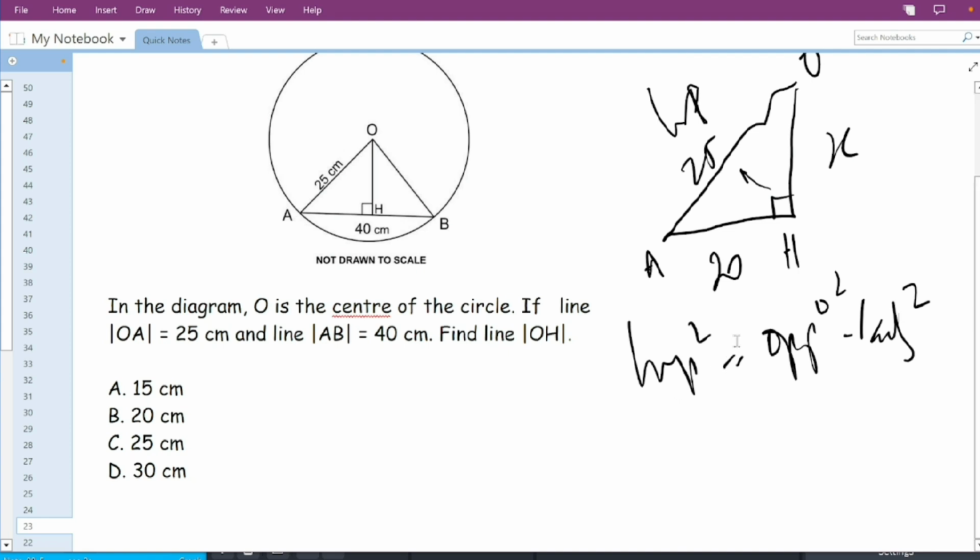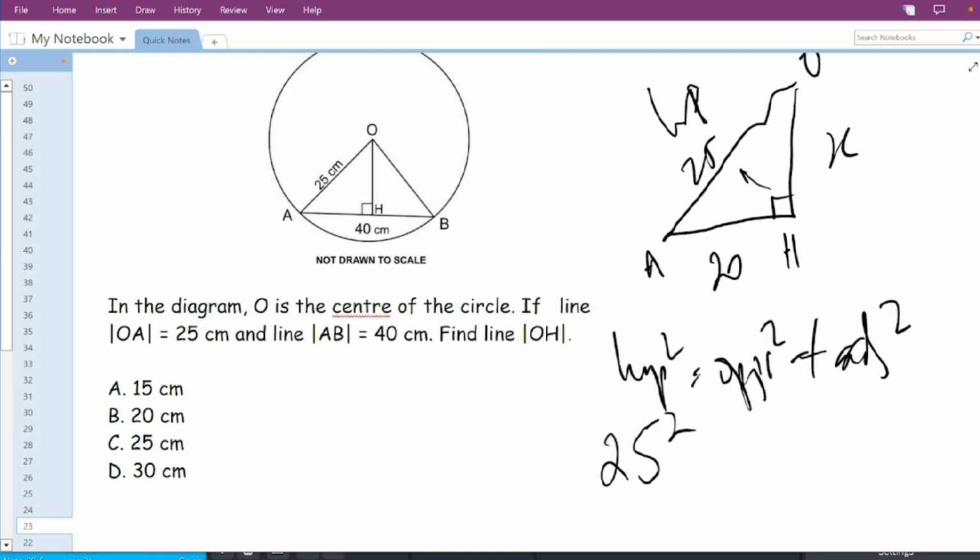In this case, the only one that is most relevant is the hypotenuse. The adjacent and the opposite have the same effect, so you don't really need to know which is which except for the hypotenuse. So we have our hypotenuse as 25 squared. Since we are not using our angle, this can be opposite, it can be adjacent. What we really need to get when we're using this Pythagoras theorem that requires no angle is that we identify our hypotenuse. 25 squared equals, and make 20 opposite, so we have 20 squared plus adjacent, we can make adjacent